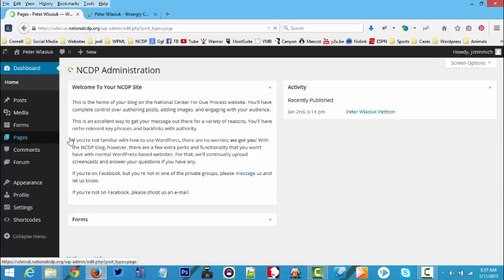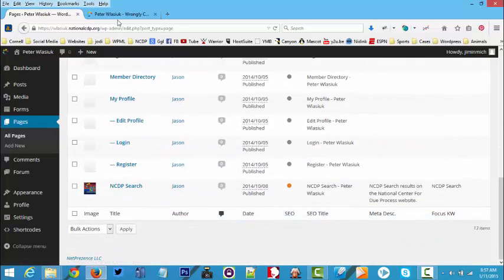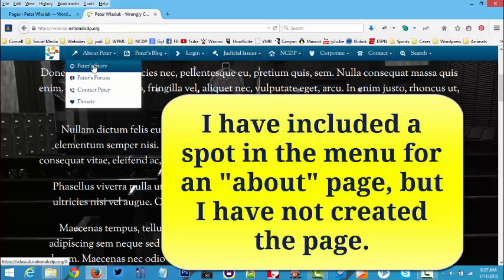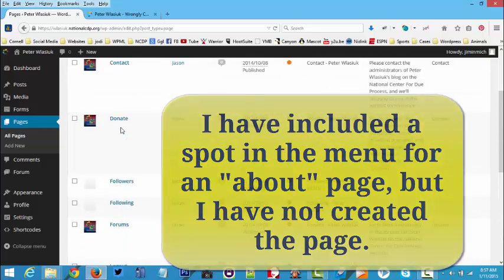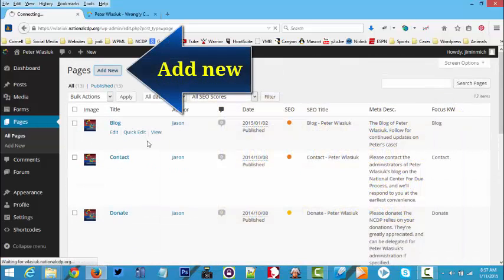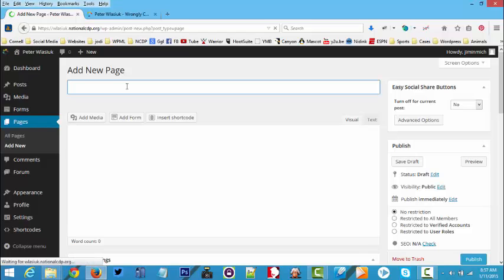So if we look at our pages, these are the more permanent things. Okay, we don't have an About Peter page. Okay, Peter's story. There is no Peter's story yet. There is no link. So let's just add a page, and we'll call it About Pete. So we're going to click Add New, and the first thing we're going to do is type in our title,